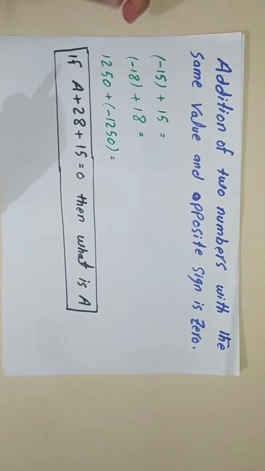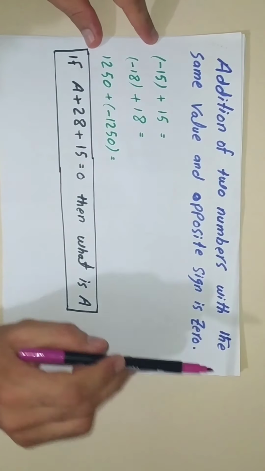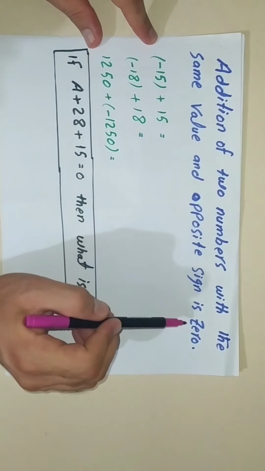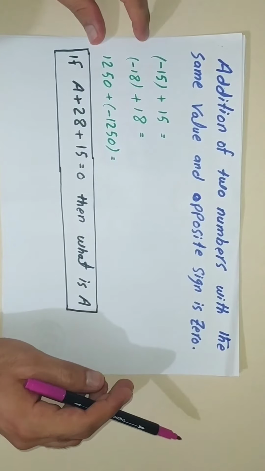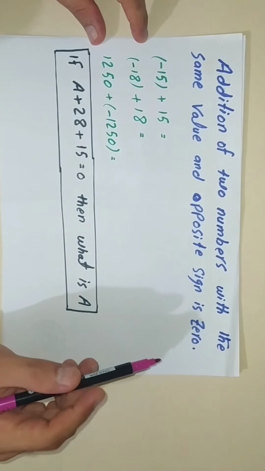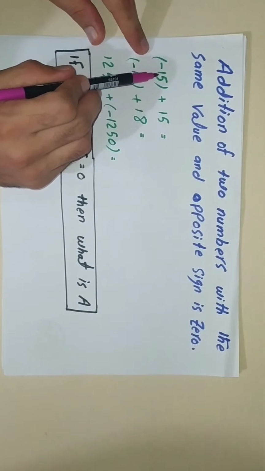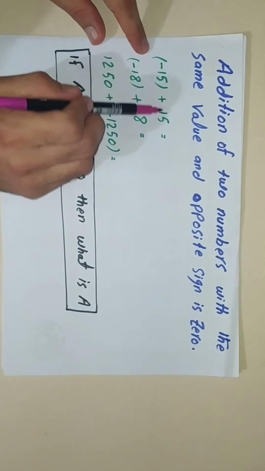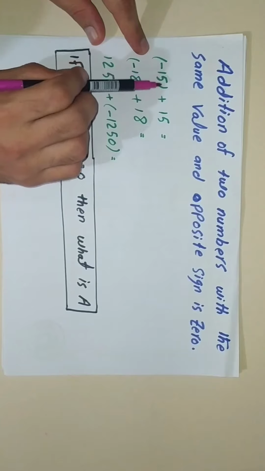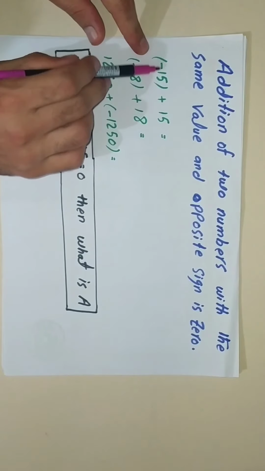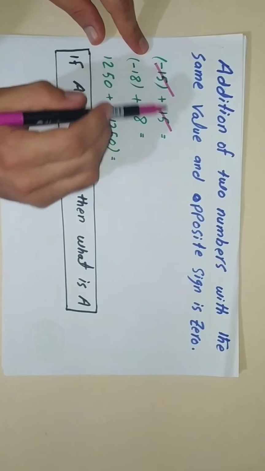Now, the addition of two numbers with the same value and opposite sign is 0. If we add two numbers with the same value but opposite signs, like minus 15 and plus 15, they are the same numbers with the same values but opposite signs, so they will cancel each other and the answer will